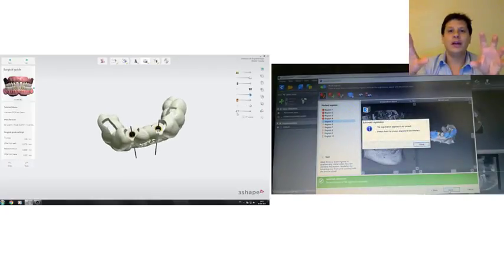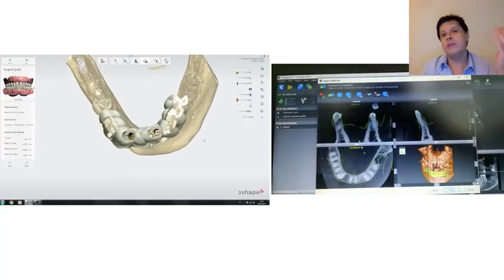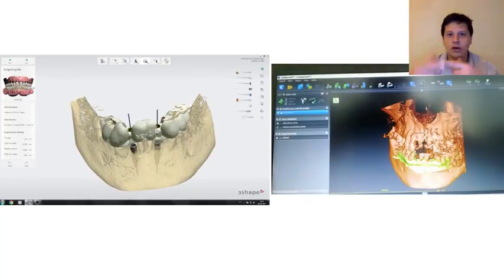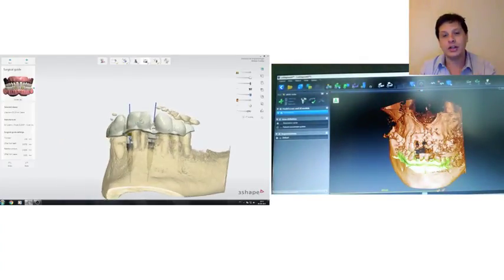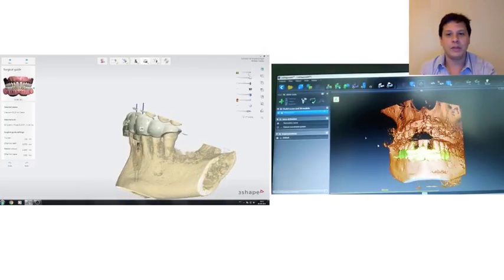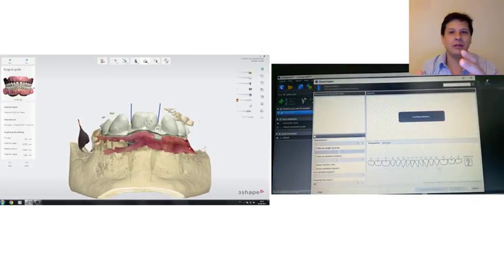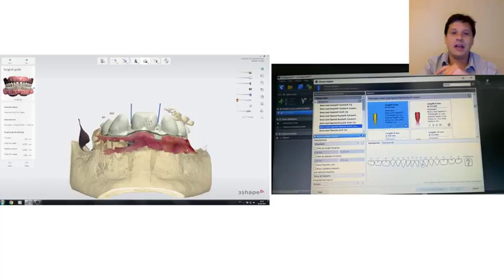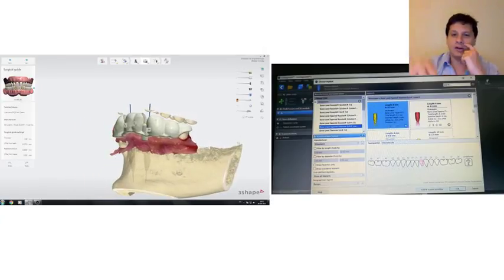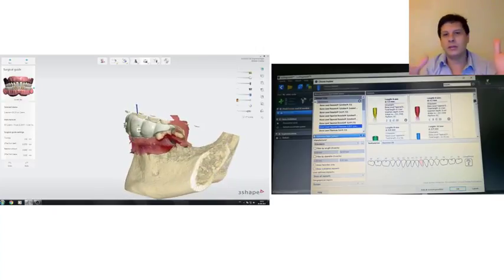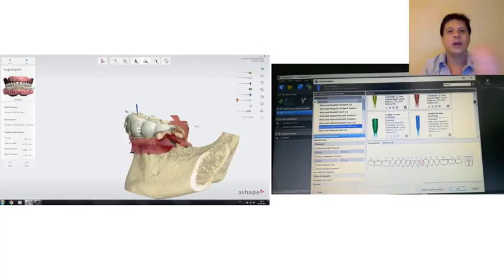But with either of the two, the main idea of these softwares is the same: you import your CT scan, you import your digital impression, and you start to work towards getting a digital surgical guide and a provisional restoration. The way that the software is displayed is a little bit different. If I placed here SEDEC and Planmeca and Sirona and so on, it would be very different. But actually, they do the same thing. Some have special features, some of them don't, but mainly the aim is to get a surgical guide